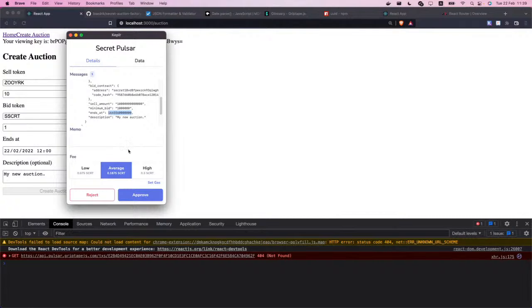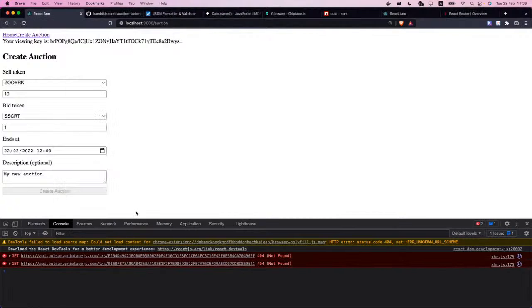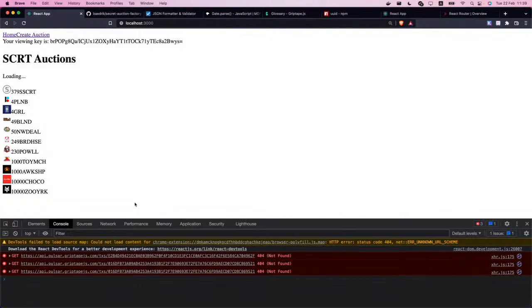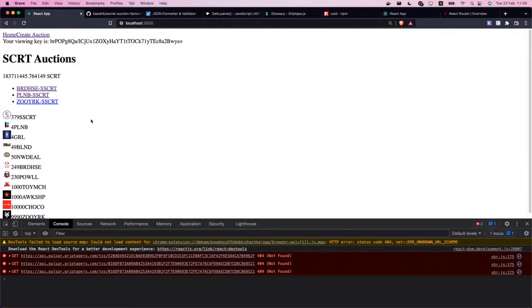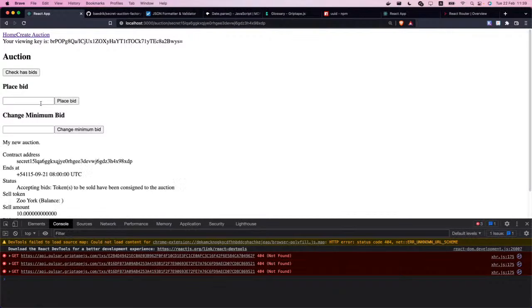And finally, a description. Let's approve that and wait for this to be created. We should be prompted to the, okay, there we go. It's the home page, and now, as we can see, we created this new auction. If we go there,